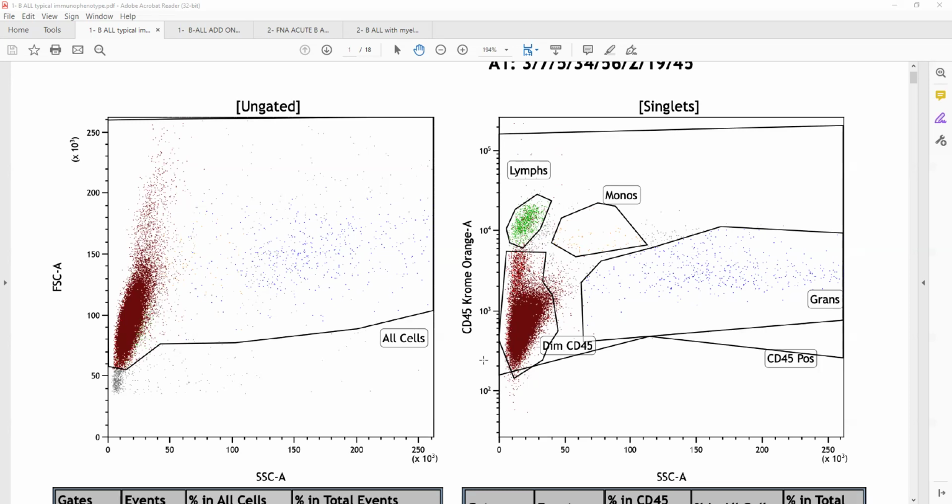So first, you have to establish that you're dealing with a B-cell lineage. And then secondly, you need to have an immature phenotype for these B cells. For an immature phenotype, there are markers of general immaturity in hematopoietic cells. These include dim CD45 expression and CD34 expression. So if you're dealing with a dim CD45 population that is CD34 positive, then generally speaking, you're dealing with an immature blast population. Then after that, lymphoblast populations in general, whether these are B lymphoblasts or